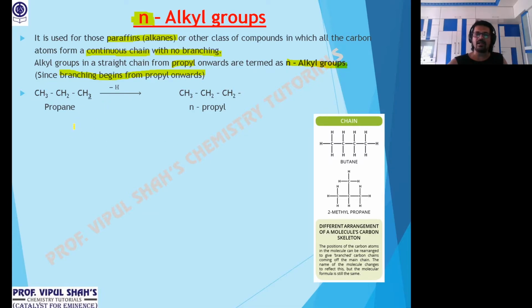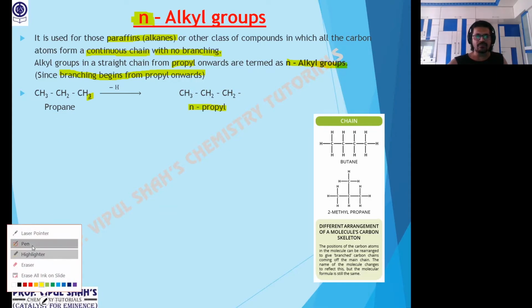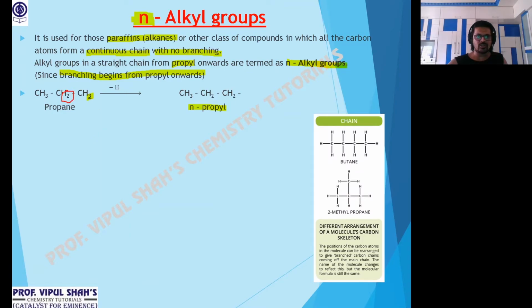Look at that propane. If I remove the terminal, meaning the end hydrogen, I get a group like this. Are all three in a continuous chain? Yes. Then we put the prefix N, propyl. Why? Because if I would have removed, observe this carefully, if I would have removed, look on the slide please, this hydrogen, what I show in between, then a branch would have come. Meaning it would be named as something else. So from where branching starts, we put the prefix.